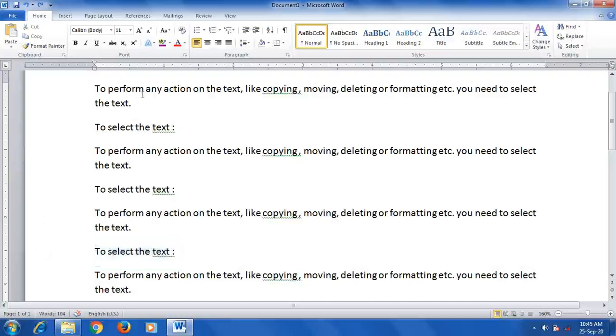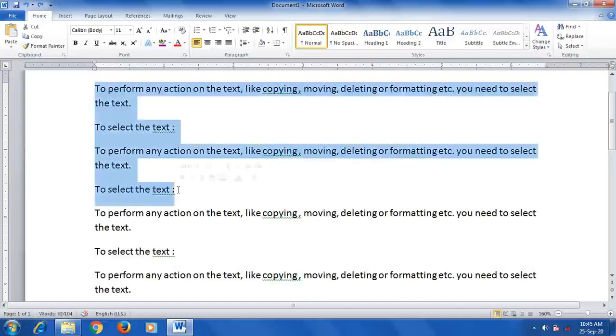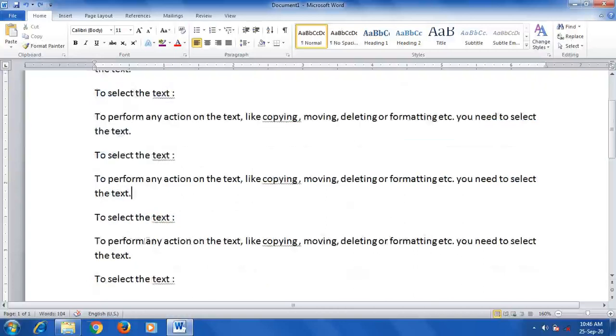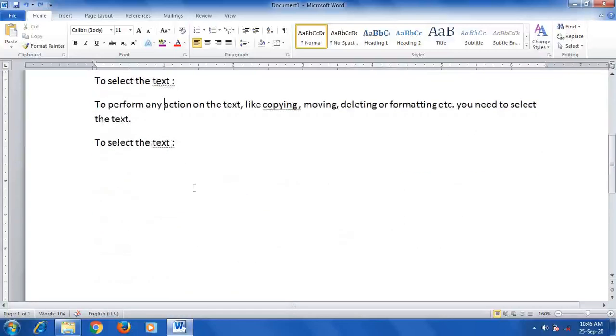Now if you want to select 1, 2, 3 lines, in that case keep the cursor where you are going to begin the selection. Now till here I am going to select the text. So hold the Shift button on your keyboard and click it. So that block gets selected. Okay, this is selecting the block. Keep the cursor where you are going to begin the selection, then click at the end position till where you are going to carry the selection. Only that text is going to be selected.